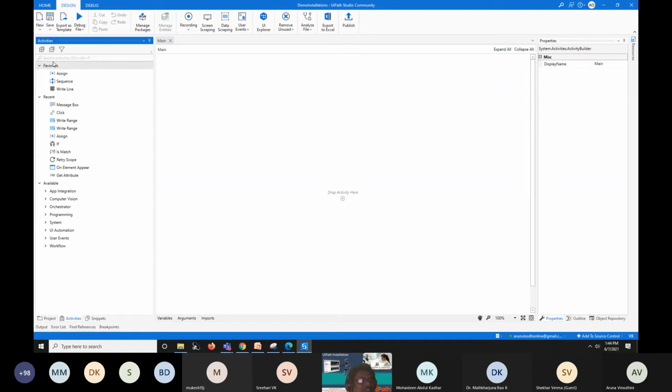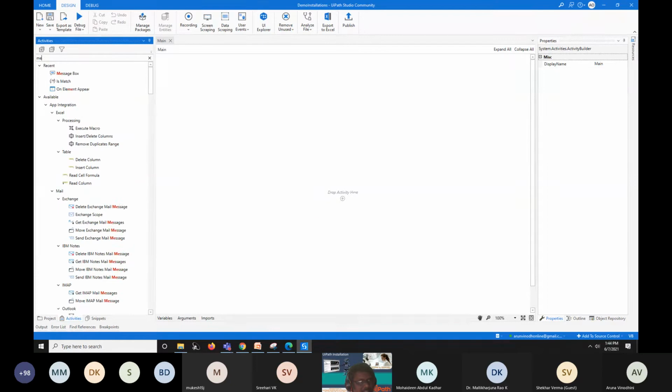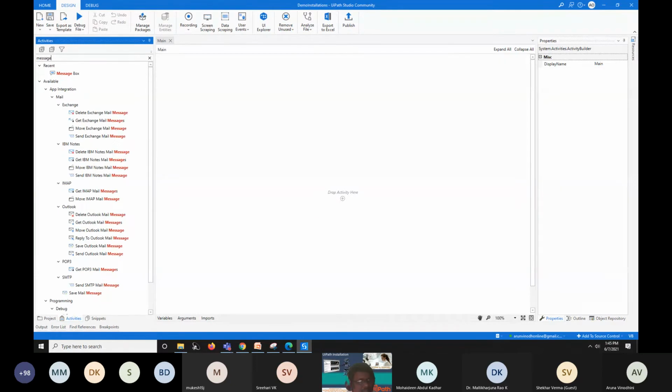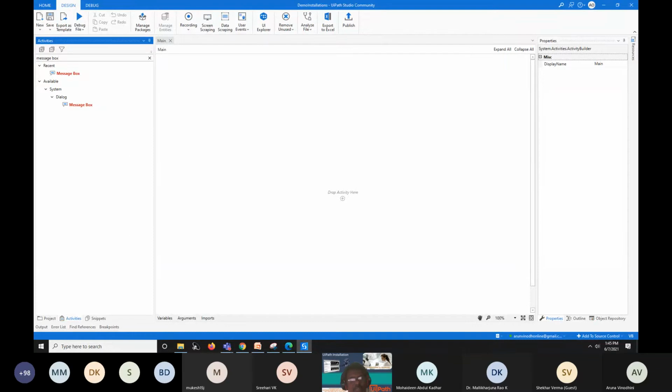It is showing "Search for activities." Just click this and type the activity name. The activity name I'm going to type here is message box. So I'm going to click this and drag it.